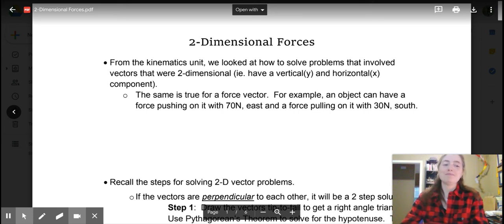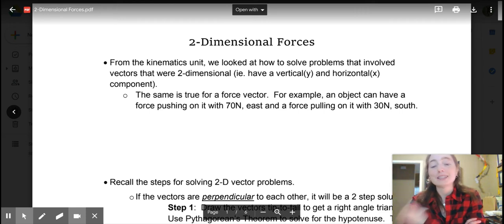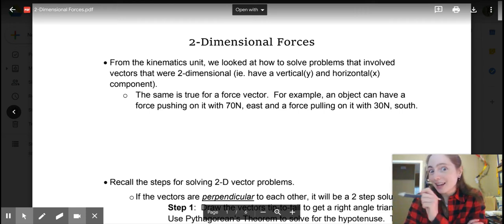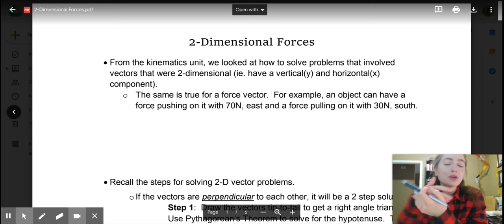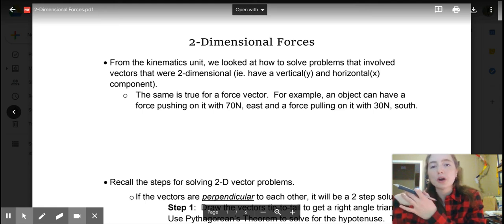So, our mission today, ladies and gentlemen, is we're going to be looking at two-dimensional forces. The beauty of this is this is going to be exactly the same thing that we did in kinematics, except we're just going to be looking at different vectors. So instead of looking at displacement in 2D, we're now going to be looking at forces applied in 2D. So that's going to be when you're pushing an object or pulling an object with two different